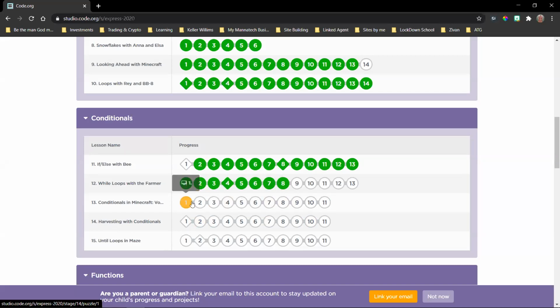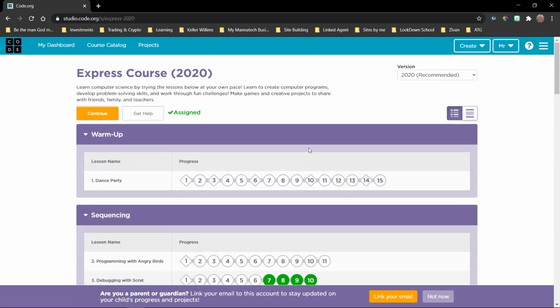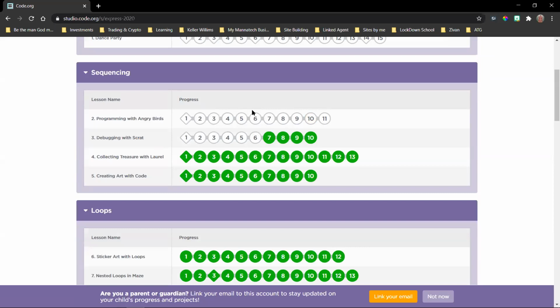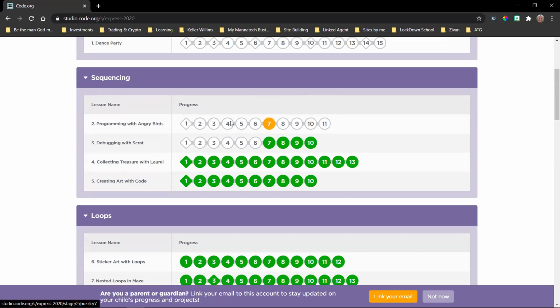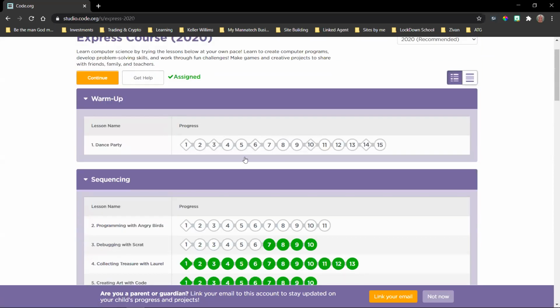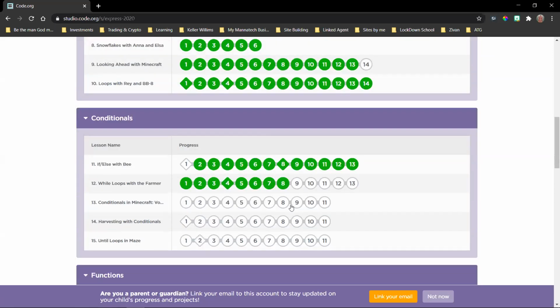And if you're new, these first ones are really easy. So it helps you to sort of catch up, okay? So just know, after the farmer, we're jumping into Minecraft, and then we'll jump back into the harvesting with the conditionals. Now, the harvester and the farmer is the same person, right? So here is the section that I created for this class, for the grade 8s. So after we finished and you have the link open, you can come here and you can go and do any of these, right? You're not limited to what we have there in the puzzles.